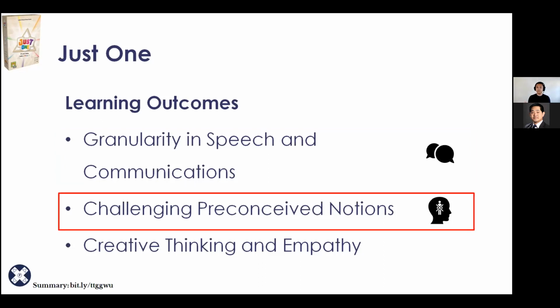The other thing is challenging preconceived notions, and I get asked this a lot whenever I use Just One in the classroom, and it's because I like Just One because individual words have different individual meanings for people. There is a denotation and a connotation for each word, and what's really interesting about using Just One in a classroom and teaching environment is that we get to see these other subjective interpretations of these words because Just One is a party game, it is a word game, but it's also a people game. It's trying to understand the word associations or how you would communicate an idea or concept to someone you may know pretty well and how to do it as succinctly as possible, which I think is a great learning outcome here.